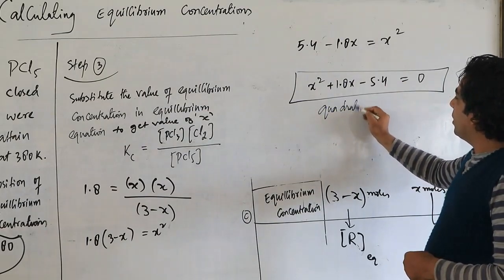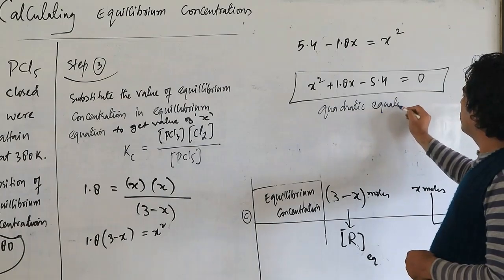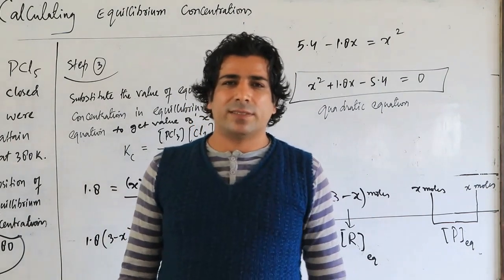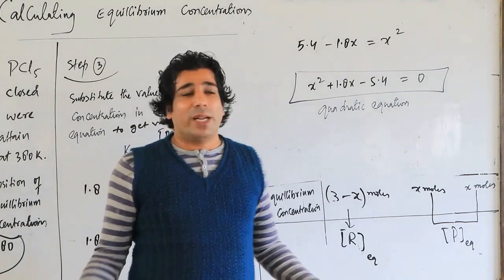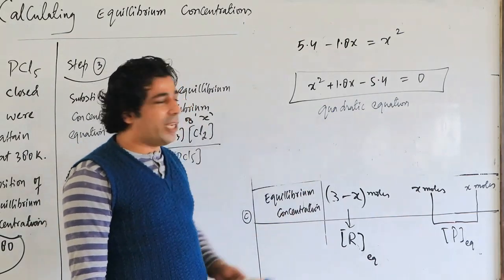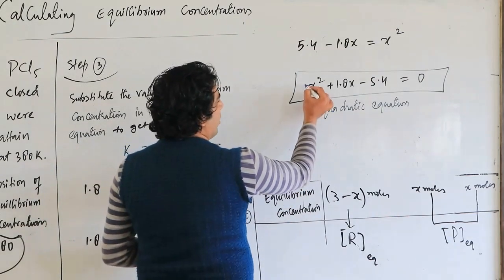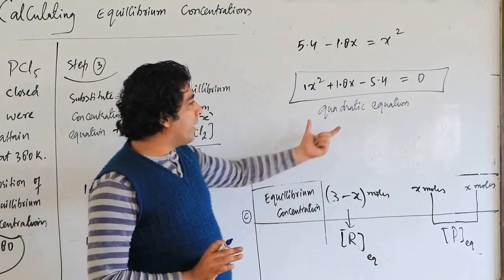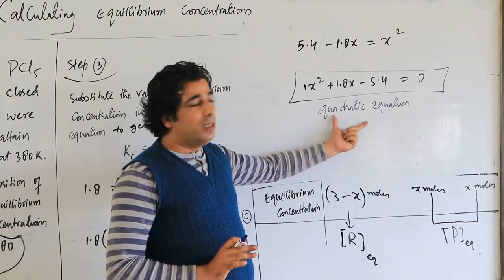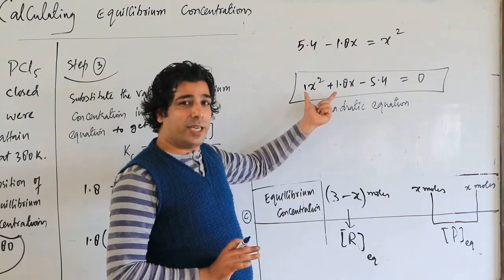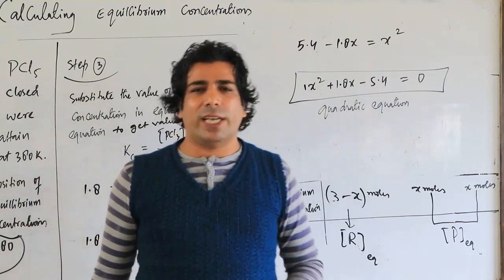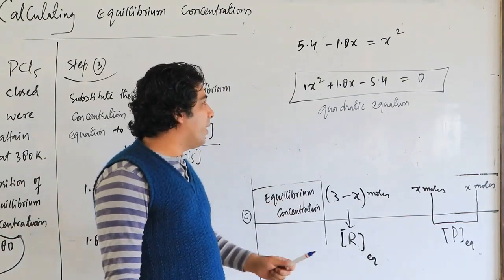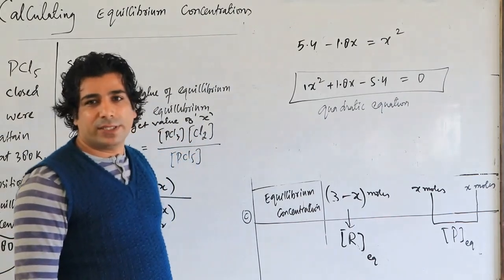So this is our quadratic equation. In certain cases, you will directly get the value of x. So easy, no problem. But here, this equation is turning out to be a quadratic equation. And what is the stoichiometry here? 1. So you take it as 1 here. So what is my point here? Once you are getting the quadratic equation, then we'll apply the formula and we will get the value of x. Once again, sometimes you will directly get the value of x, no problem. But if your equation turns out to be a quadratic equation, then you have to further simplify it, my dear friends.